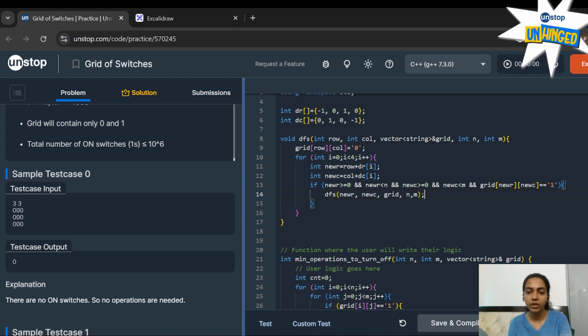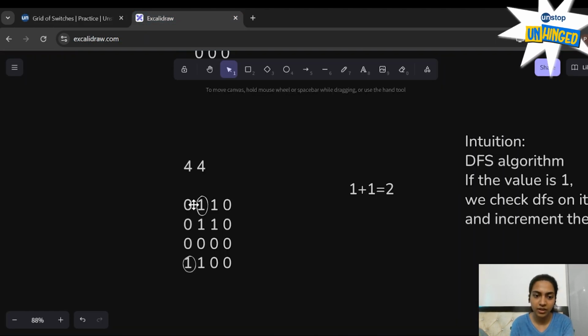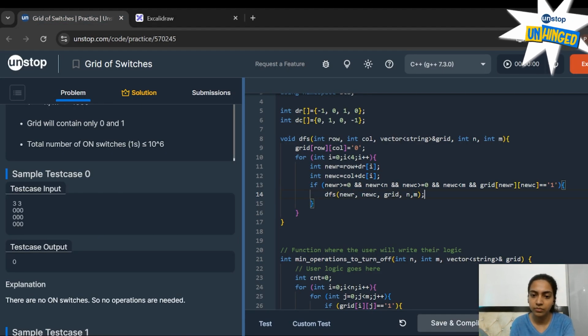What we're doing here is checking that this new row and new column do not escape the grid itself. Like if we are here and we check up, then it goes here, and this is not a part of our grid, so we won't check this.